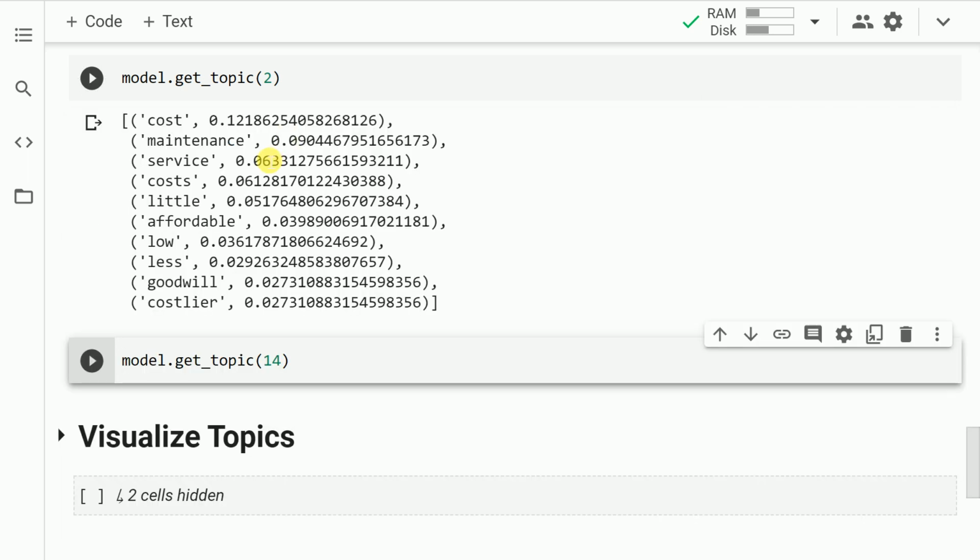So if you recollect, the first topic was more to do with the features of the car. The second topic is where we talk more about the cost aspect of the car. So cost, maintenance, service, cost, little, and so on and so forth. So it talks about the advantages of having this car with respect to the cost.